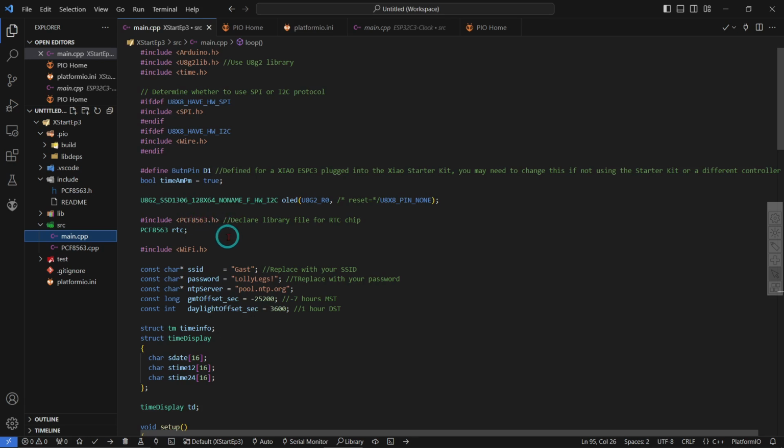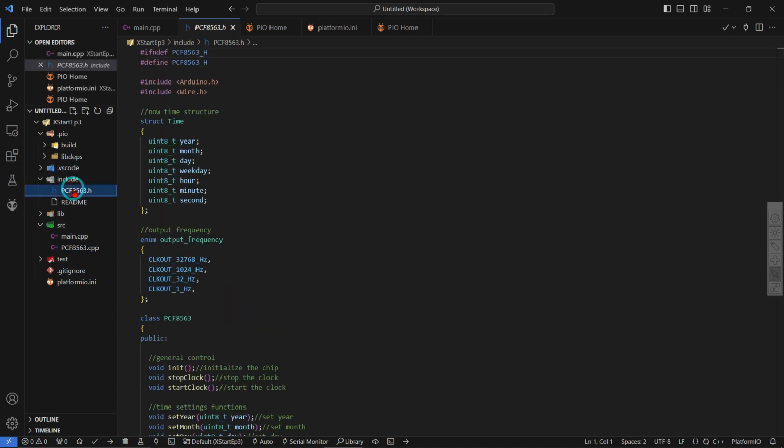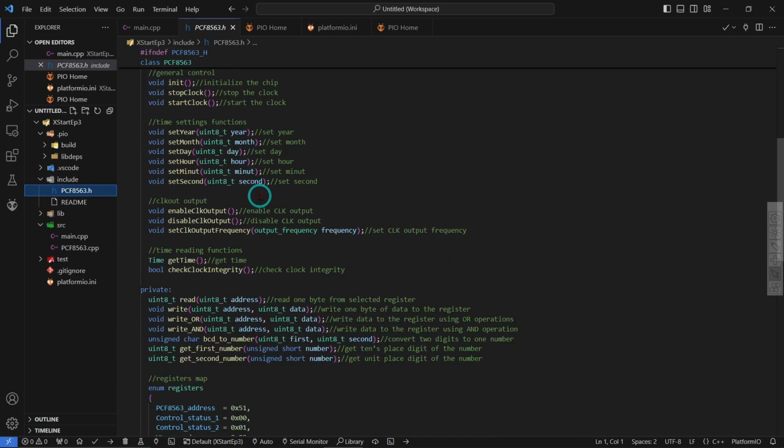It includes PCF8563.h. Now, as you can see, I have a CPP file. Sometimes what I do is, instead of including the library in the platformio.ini file, I will go to the GitHub site and grab the code, the CPP file, and over here in the include folder there is the actual header file. Why would you do that? Well,